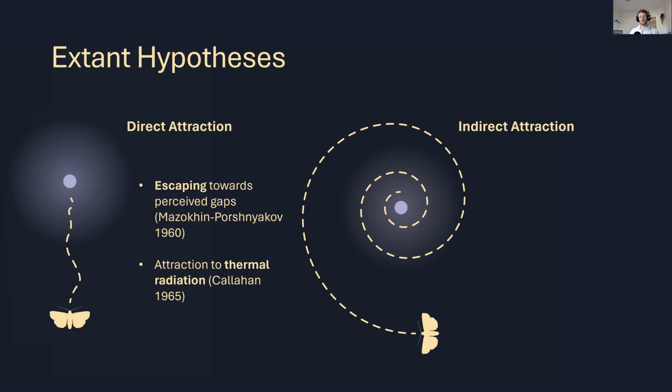Also, you can just put hot objects outside, and that doesn't bring insects in the same way. So what about this indirect attraction? What about other mechanisms? Probably the one that's most commonly cited is this idea that it's subversion of some sort of celestial compass. There's something about the way in which insects detect which way they're traveling that's being ruined by this light, and maybe they think it's the moon and keep it as a compass cue. I'll talk a little bit more about that later.